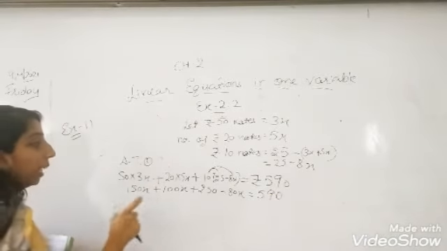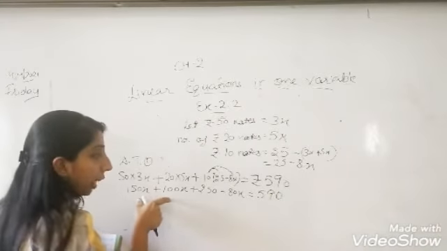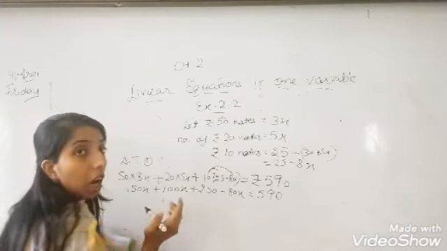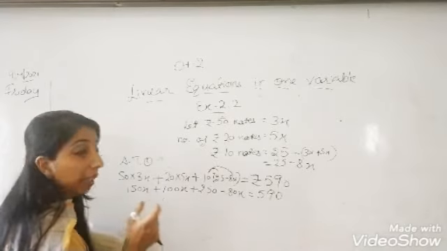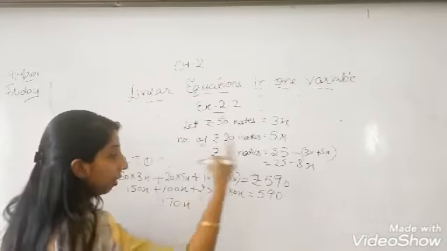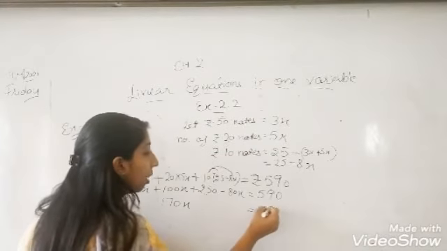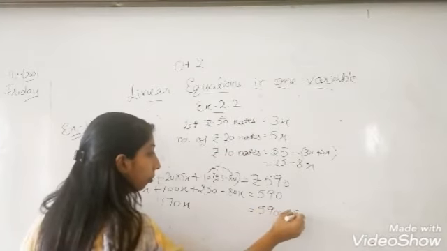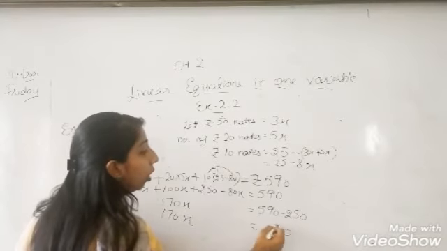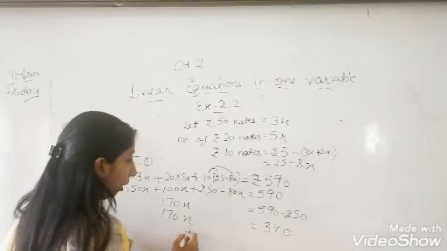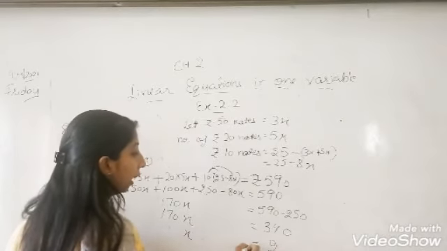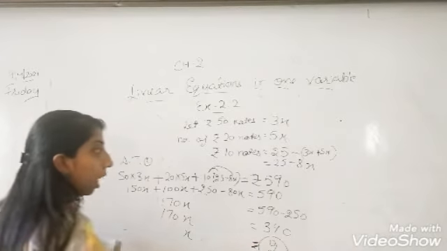Now take out only the x. 150 plus 100, 250. 250 minus 80 will be how much? 250 minus 80, it will be 170x, and this 250 is adding here, so there it will get subtracted. So 170x is equal to 340, and when we divide it, I will get the answer 2. So basically our x, we have got the answer 2.